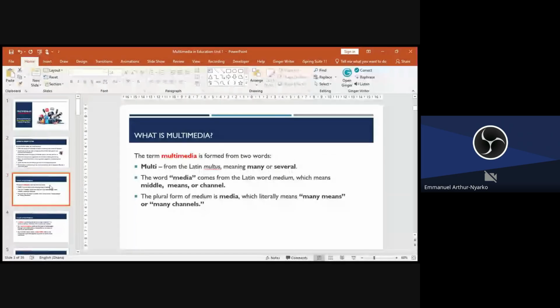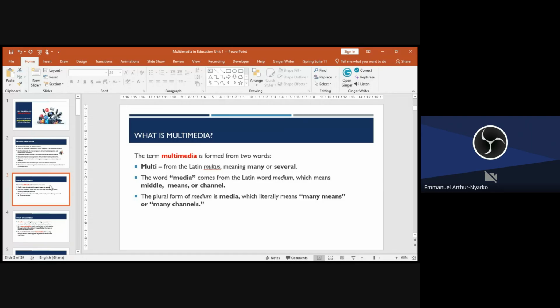The term multimedia is from two words, just as Prof indicated. Multi is from the Latin word multos, meaning many or several. And the word media also comes from a Latin word, which is the plural form of medium.